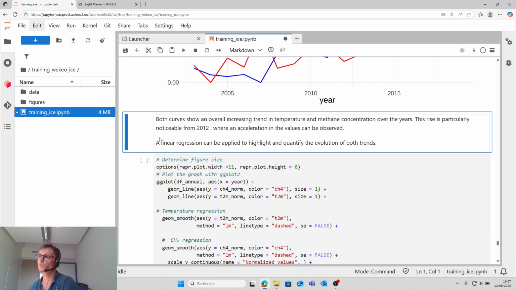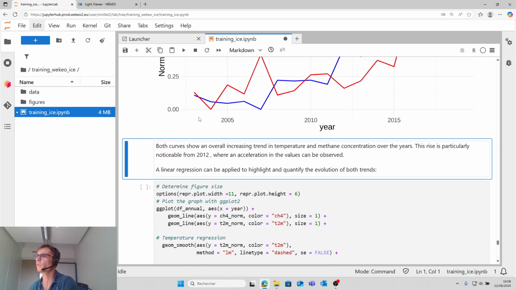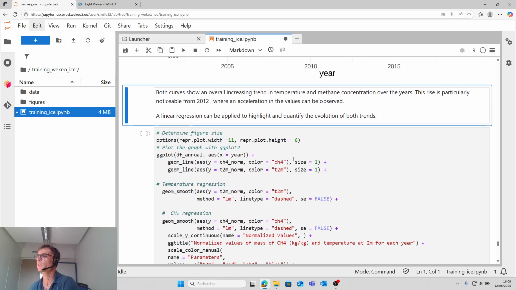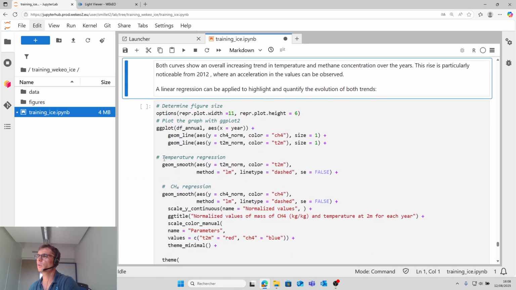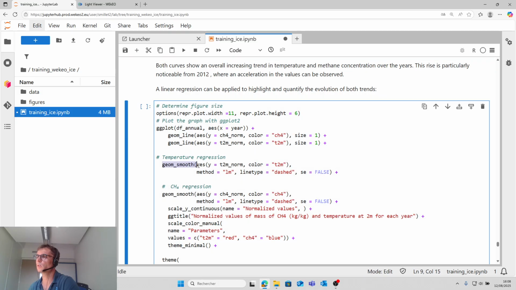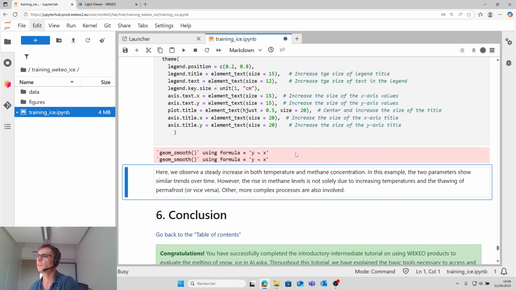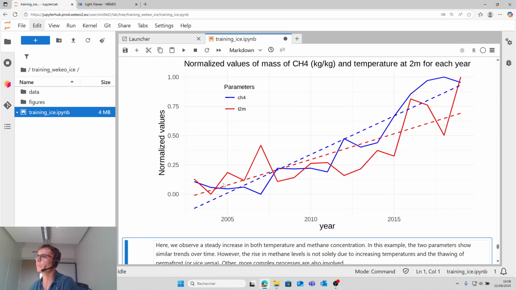It is possible to create a linear regression for these two lines. For this, we use the geosmooth function. Here we apply geosmooth for temperature, and here for methane. And you can see here the regression.